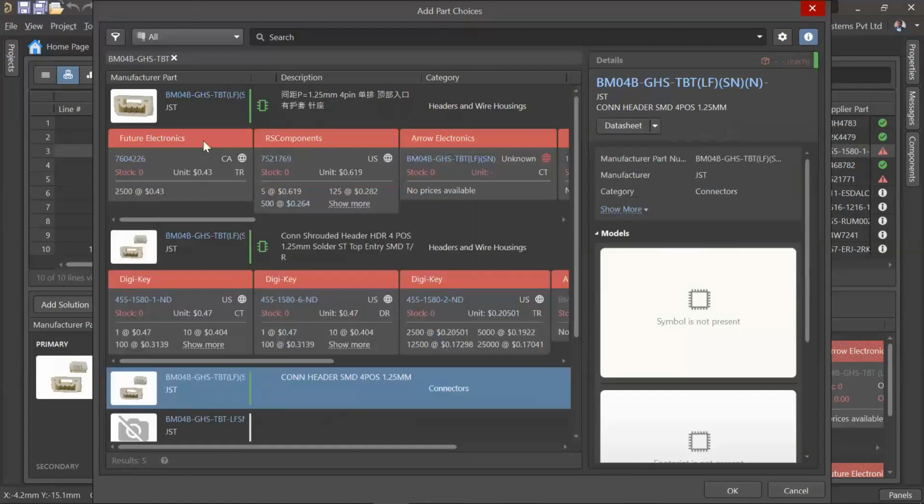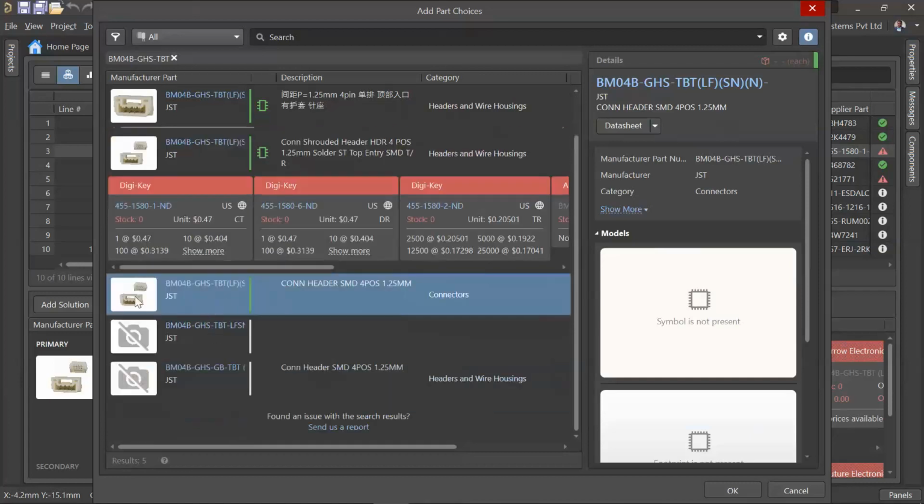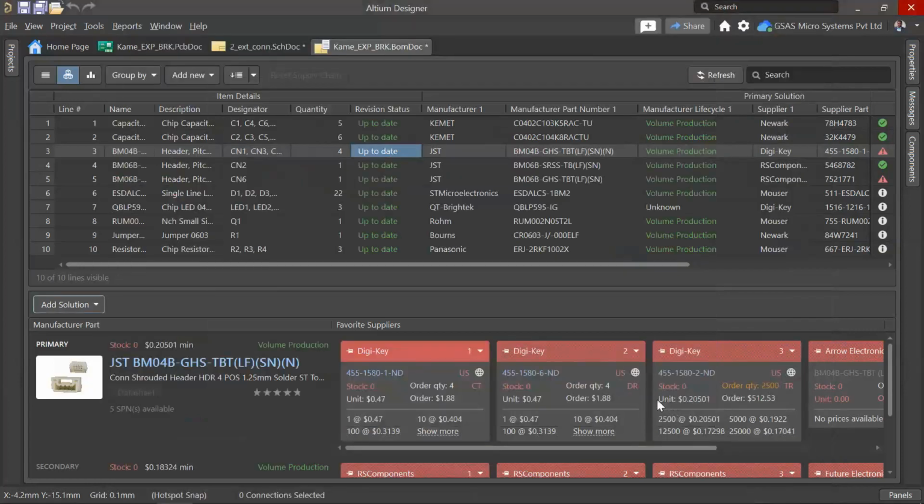This one doesn't have any supply information. Then it says serious issue, so we have to look for an alternate solution. Like this, you can get the real-time data inside Altium. And you can see we have a few more components. If you want to give the ranking for all the components together,